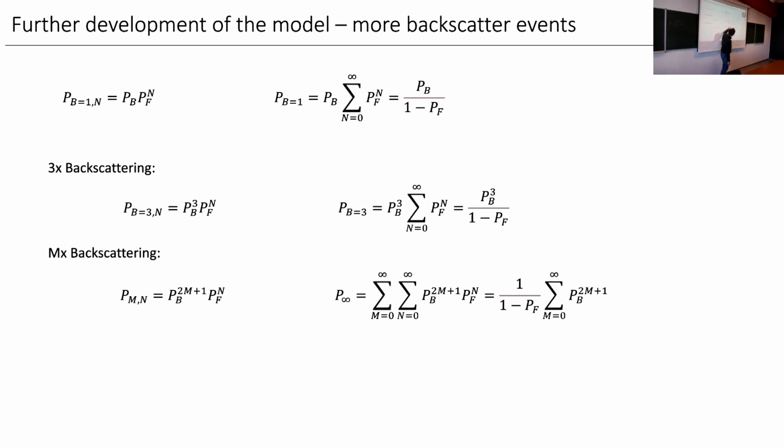So we can have an odd amount of backscattering events, any amount of forward scattering events, and then sum these over 0 to infinity. So there's this. The next summation works on the backscattering events. And then you see that the original expression here is modified by this extra term that only contains